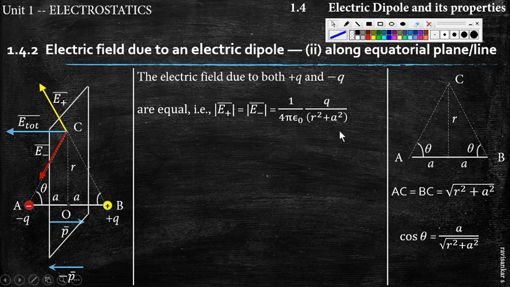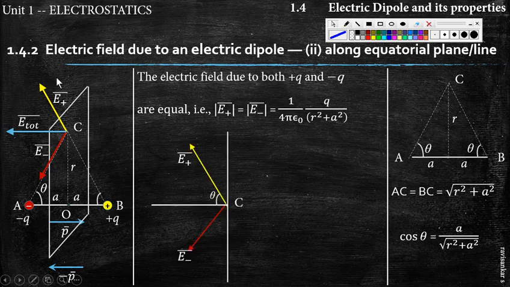Remember, we have only written the magnitude here and the direction is already shown here. Now, we will draw this portion alone separately so that the components method or the resolution method can be applied here, which is actually easier than the parallelogram method. So that is what we will apply now. I've just drawn this portion alone with additional lines for the y-axis as well as the x-axis. This angle is theta. You must also find out and then understand that this angle over here is also theta.